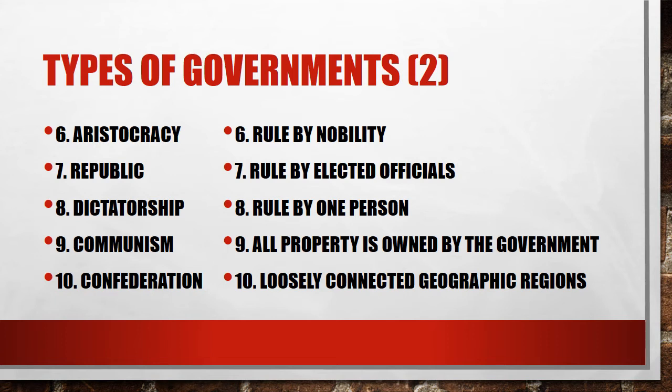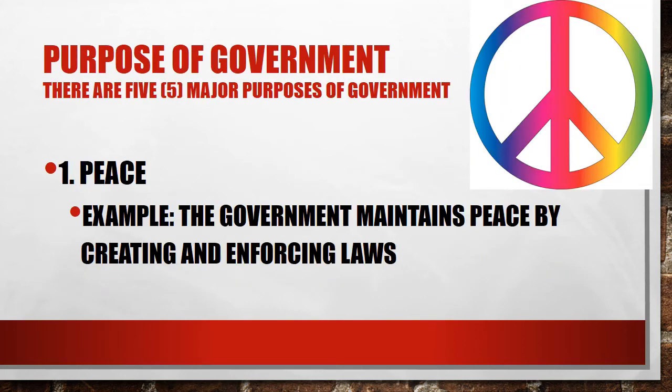Now that we've talked about 10 of the very basic types of government, we are going to talk a little more specifically about the roles and the purposes of government. You might be saying, well, okay, I understand that these are all the different types of government, but why is there a government at all? Well, there are 5 purposes of creating a government. The reason people all throughout history have created a government all fall under one of these 5 reasons.